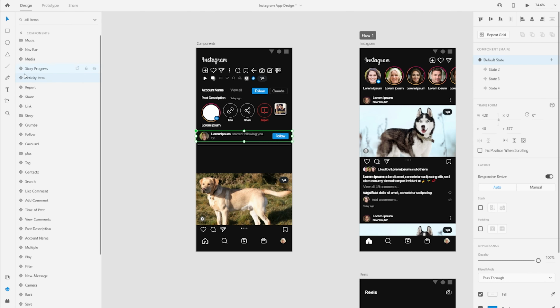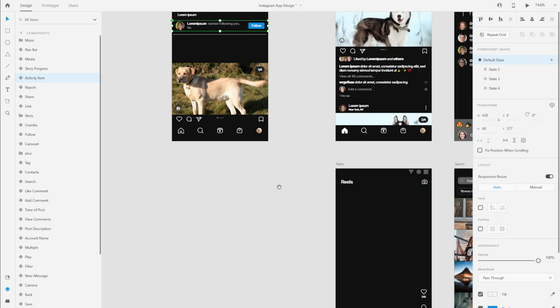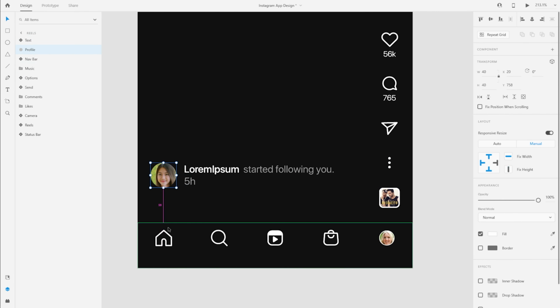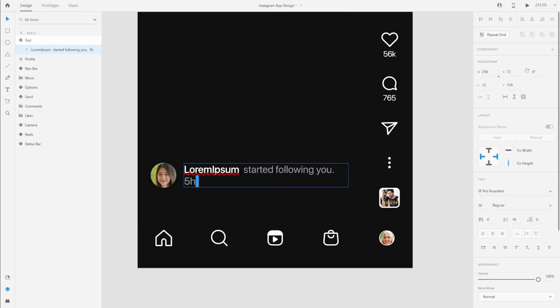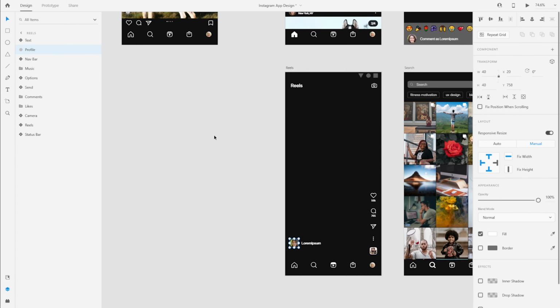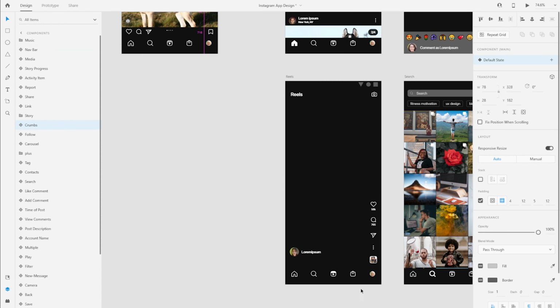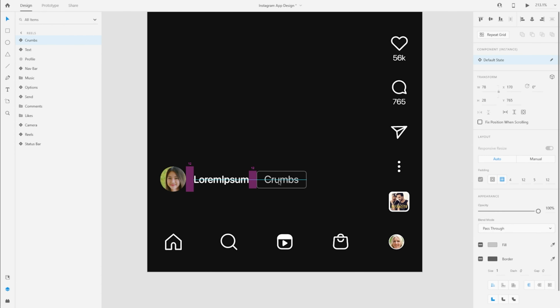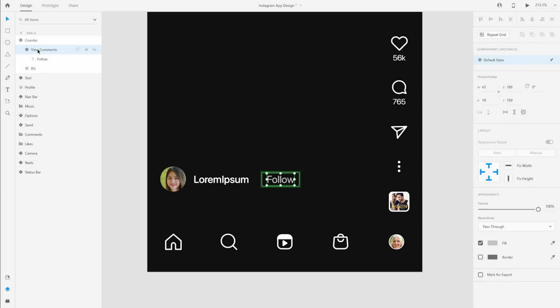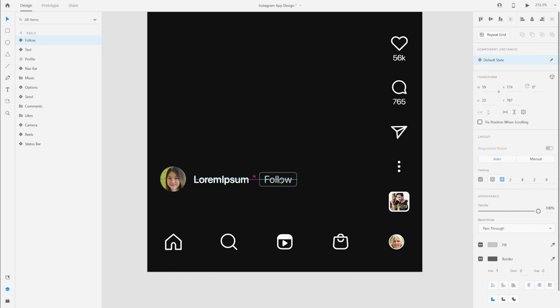Next, I'm going to use the already created components like the profile picture of the user who shared the reel, the account name of that user. So I'm reusing the components over here to just speed up my workflow. And since all of these items were made as components in Adobe XD, it's really easy for me to reuse all these items. You may also notice that next to the username, we also have the option to follow that particular user if we aren't already following them. So I'm quickly going to add that option as well.